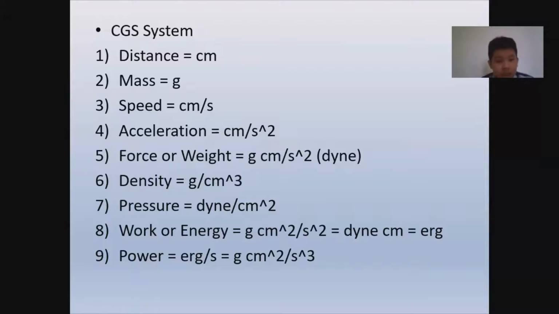Speed is centimeter per second, and acceleration is centimeter per second squared, and the force or weight is gram centimeter per second squared, or dyne, and density is gram per centimeter cubed, and pressure is dyne per centimeter squared, and work or energy